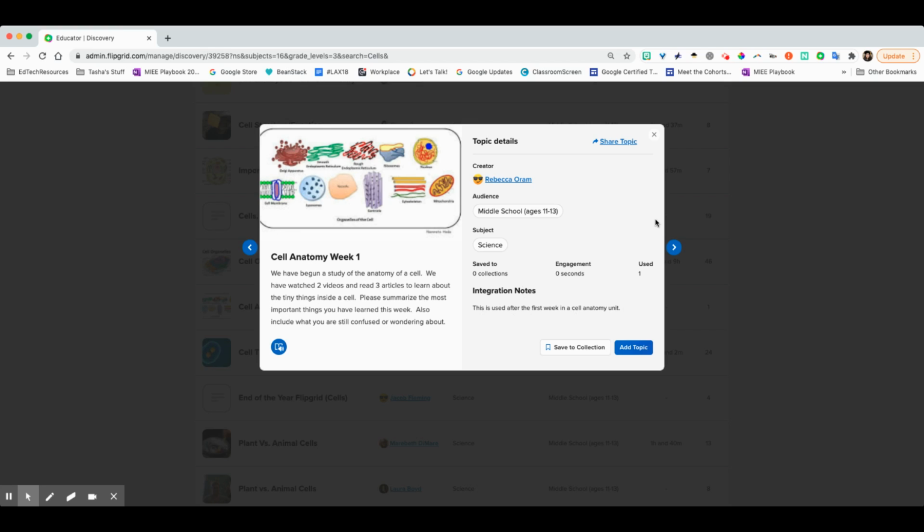So let's say that I really, really like this topic. I want to use it. I'm gung-ho about it. I have a few options. Like I said, I can share it straight from here, or I can save it to a collection. So this is where I could save it and have it go to my saved collections. So I have created already a cell unit collection. So I can go ahead and just save it to that unit, or if it's a different topic, I could